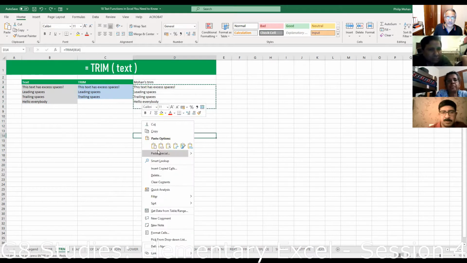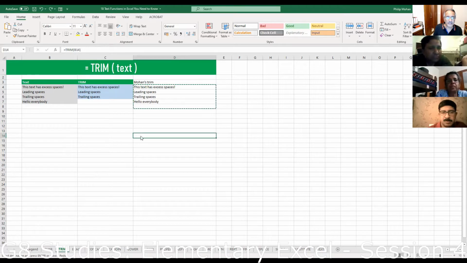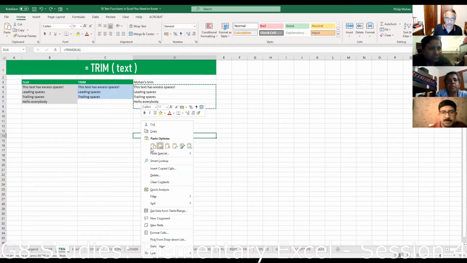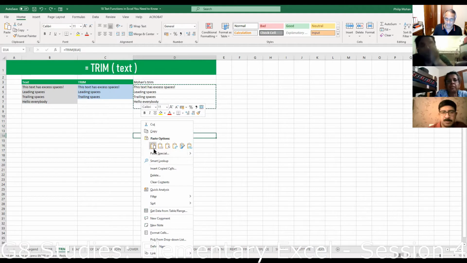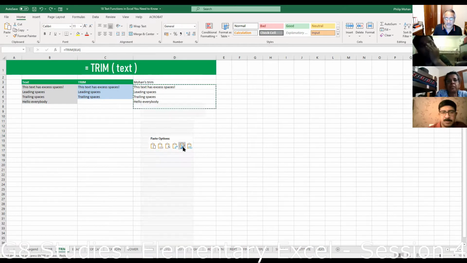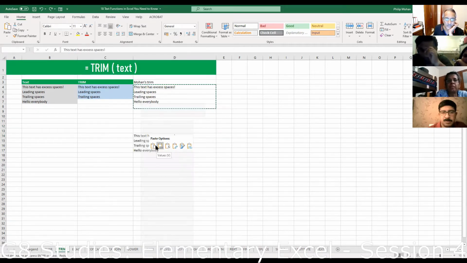So without going to paste special and then choosing values, you can also go to paste, and then this is the full formula. It will copy the formula. This one pastes values. This one will paste only whatever formula is there. This will paste only the format. If you've got big text or small text or different color, it will only paste the format. These two are the ones we use normally.